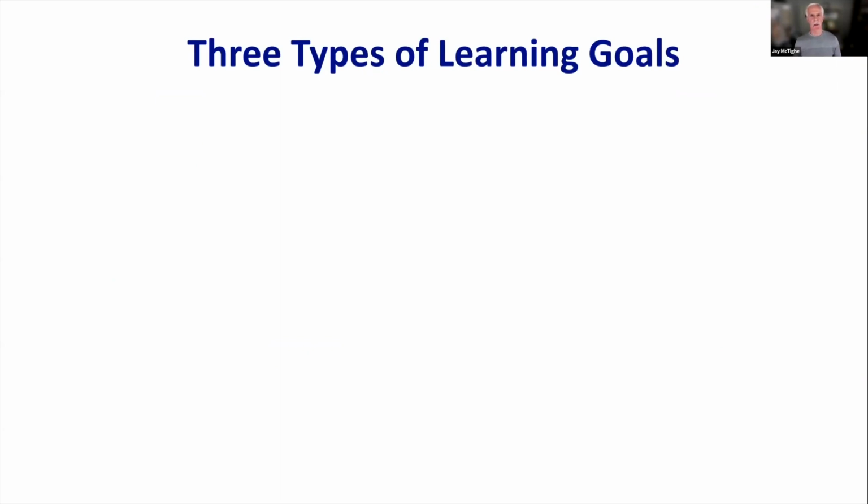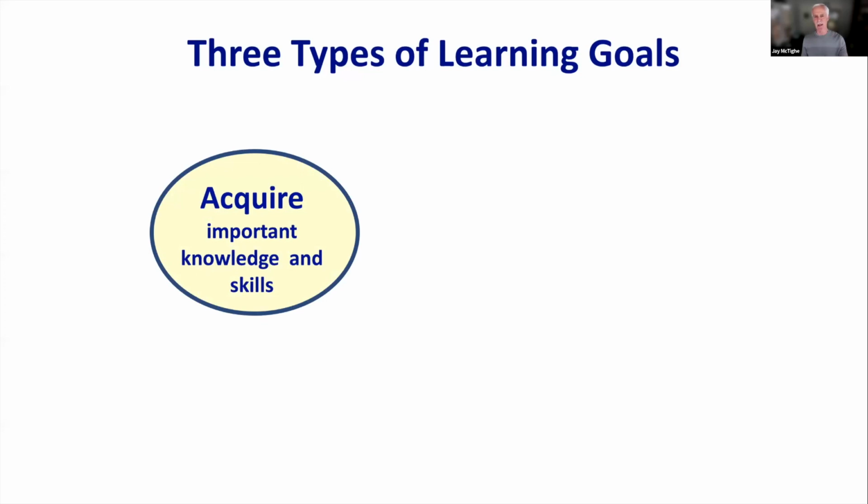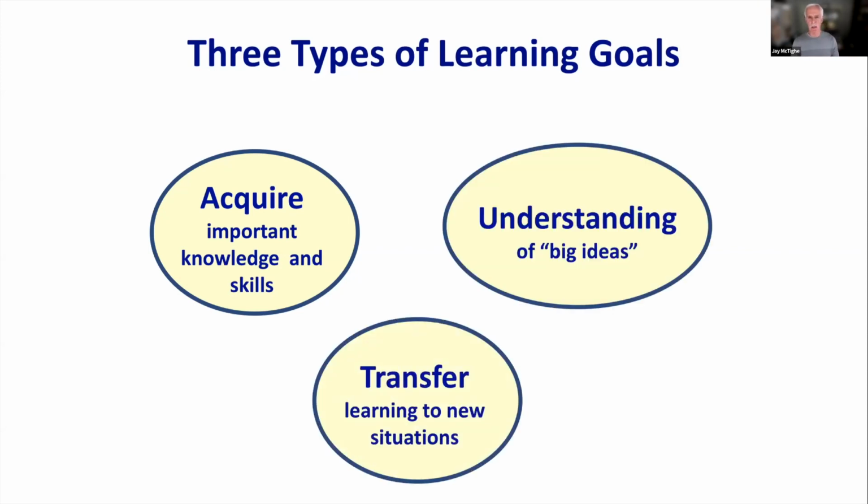In my work over the years with Grant Wiggins, Grant and I identified 3 types of goals for learning. These aren't new, they're interrelated, but they're not identical. And clarity among them, or between how they apply and how they differ, to me matters. So let me highlight the 3 goal types and make a brief comment on each. In the left side of my graphic, there are what Grant Wiggins and I have called acquisition goals. Namely, what knowledge and skills should students acquire when they're involved in a new learning experience, like a unit of study? Well, of course, every teacher should have goals and objectives